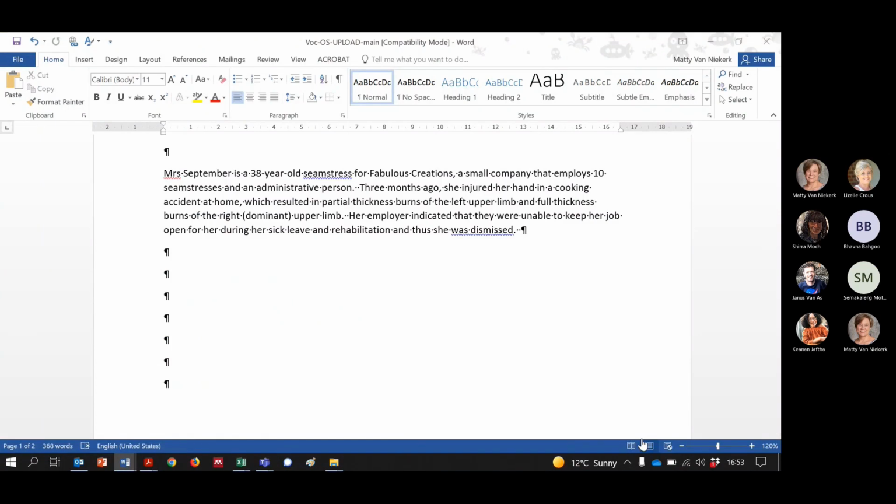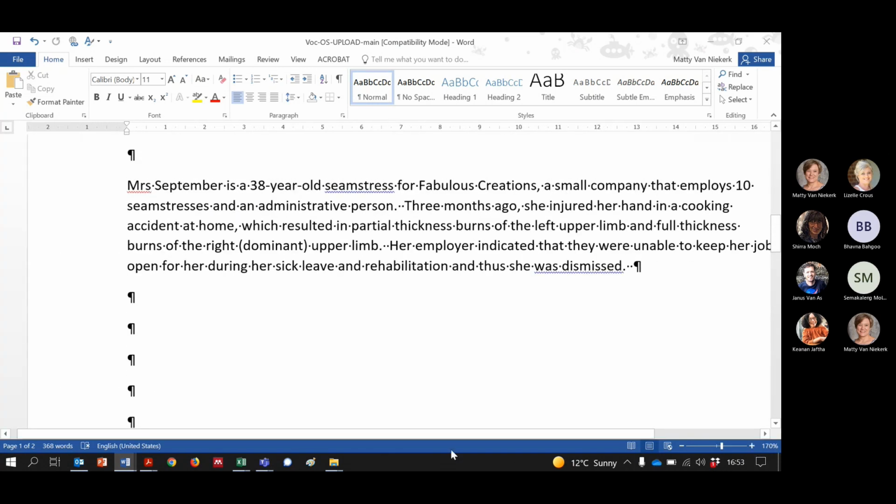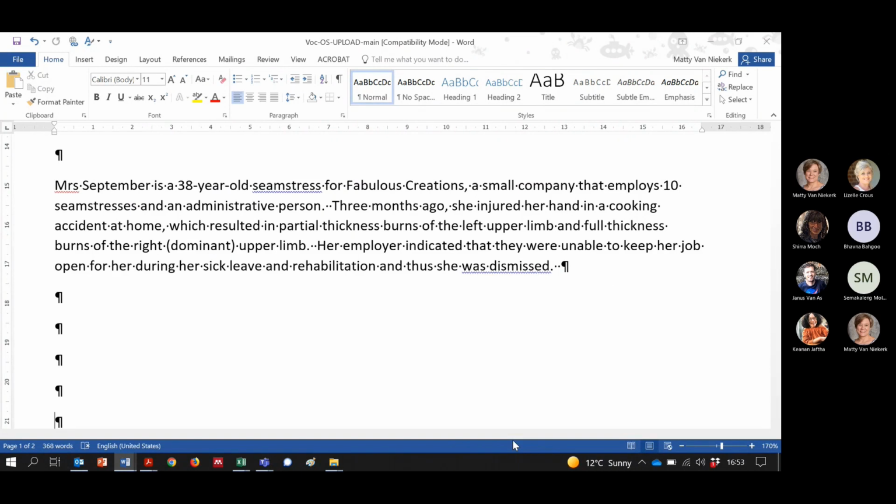We had a discussion about the fact that as occupational therapists, because we were 3 happy OTs in our group, I don't know whether Jonas did that on purpose, our cases are often rather different because we don't necessarily have all of these super duper medical assessment kind of tests. But if you look at Mrs. September, there's a lot of information that could look like unnecessary information, but this question we used for the 3rd